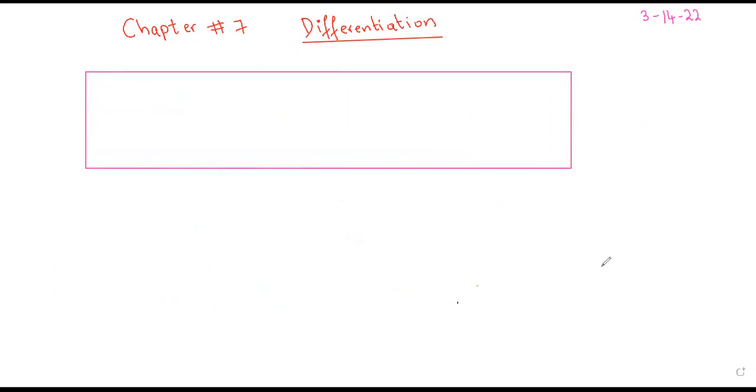The very first formula is basically the differentiation of power functions. Let me just write down the formula and then I'll explain the concept. So this is basically the differentiation of the power functions. And the formula is d